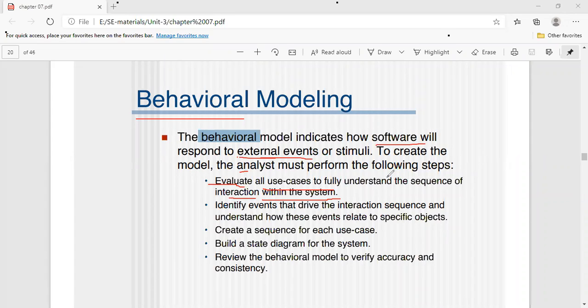Based on that, what are the actor roles, how the actor is involved with our system, or which kind of services he needs from our system, those things can be considered. Then you are going to design or define the behavioral modeling here. Next one,